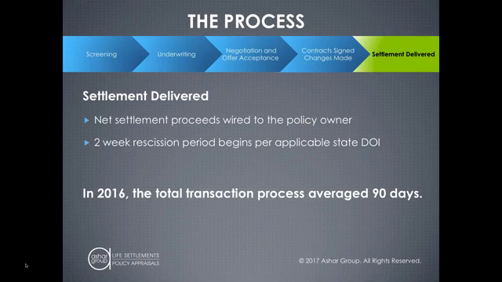I can tell you in 2016, we had many transactions where the time they began and ended was around 30 days, but the average was around 90 days. So depending on the availability of information and how proactive the advisory team is that we work with, you have an opportunity to really compress those timeframes, because every week that a client decision is put off or sitting in a trust committee, the client's account value is changing. They might be 25% closer to having to pay another premium, and you really want to make sure that as a fiduciary, you're not the cause for the delay, because that could come directly out of that client's pocket.